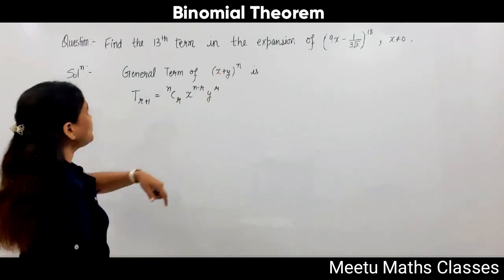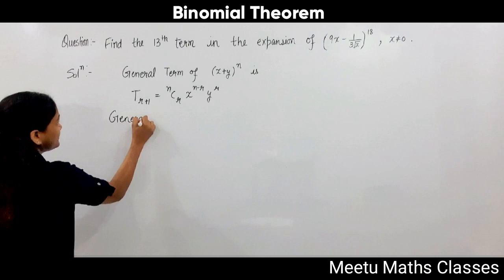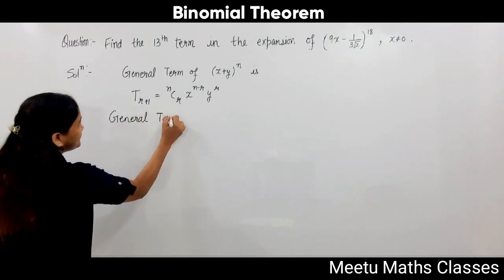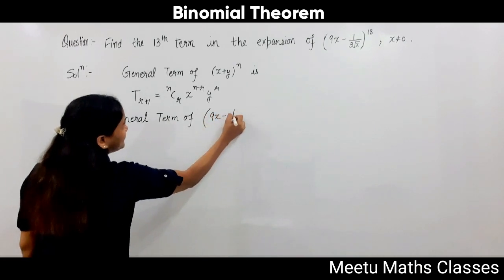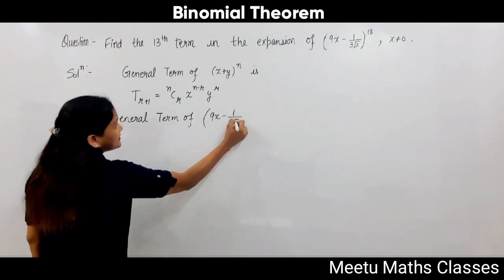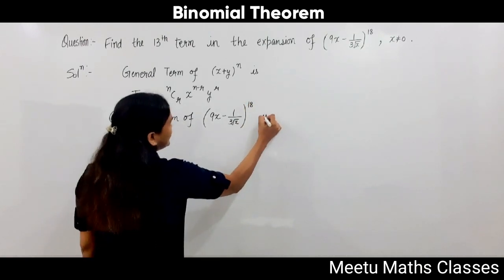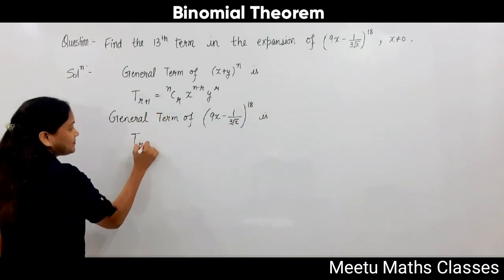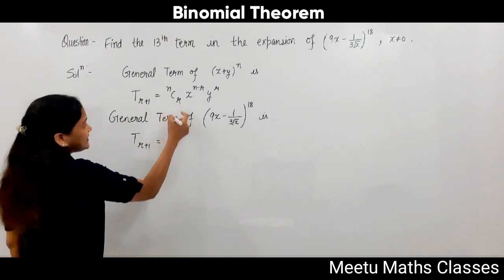So the general term of our binomial will become, general term of this binomial (9x minus 1 upon 3 root x) raised to power 18 is T(r+1) is equals to 18C